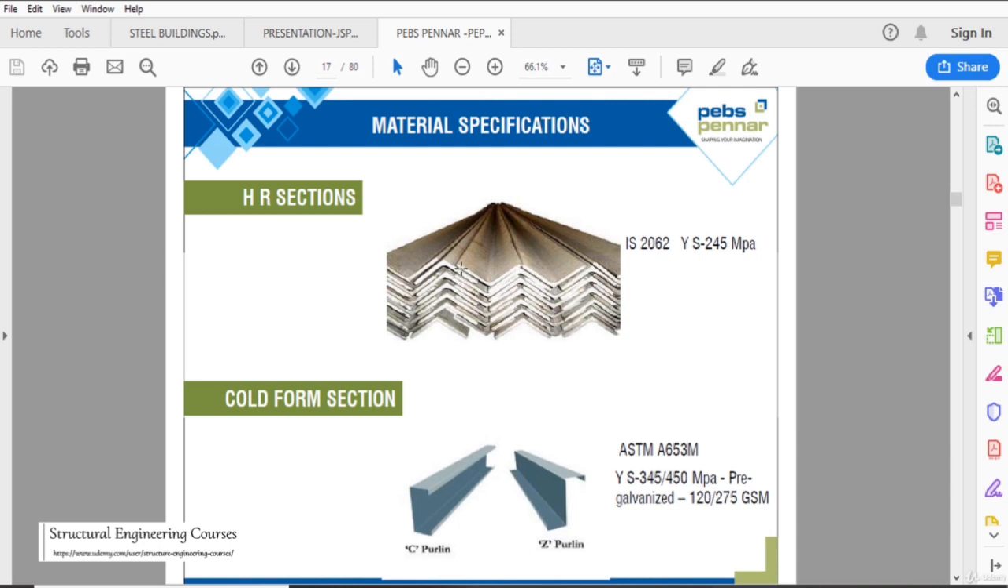And these are the simple L-shaped sections. These simple L-shaped sections are hot rolled, and IS 2062, that is the Indian standard, can be referred, and the grade of this type of L shape is basically 245 MPa. These are the cold form sections, and HR means hot rolled sections. So for these cold form sections, basically we can have C purlin or Z purlin. The thing that you need to note here is that